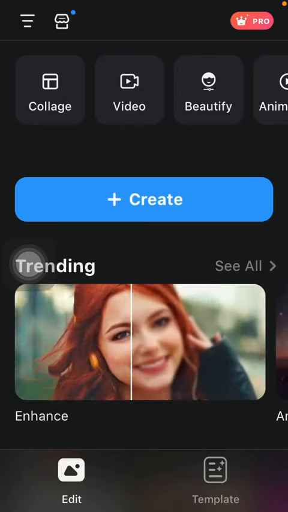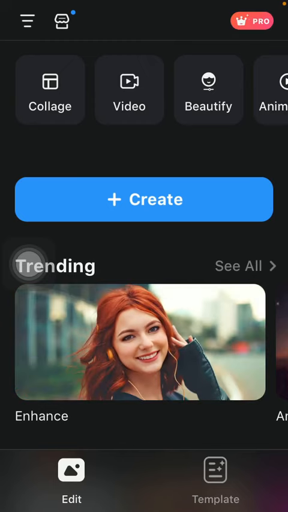Hello guys, in this video I am going to show you how to cut out your picture on the Polish application,